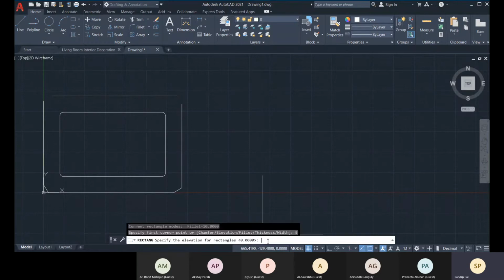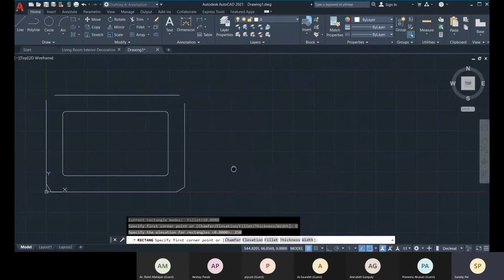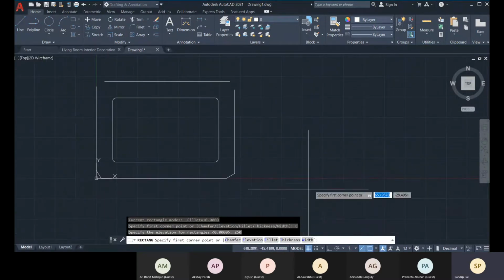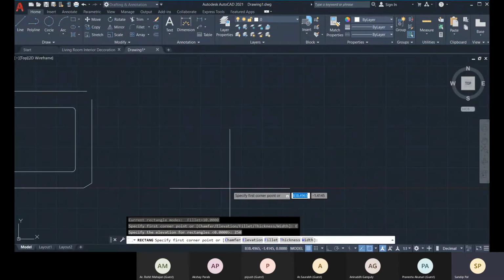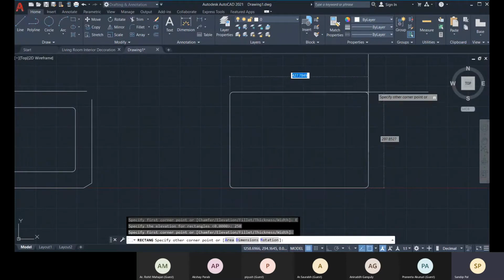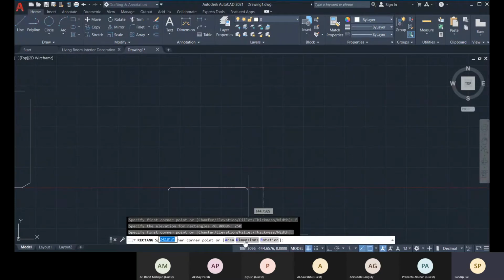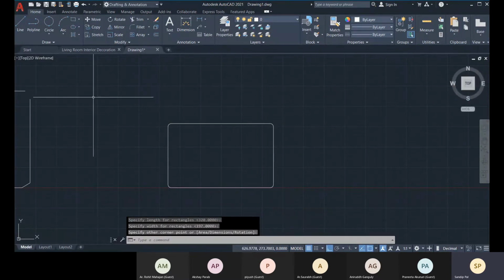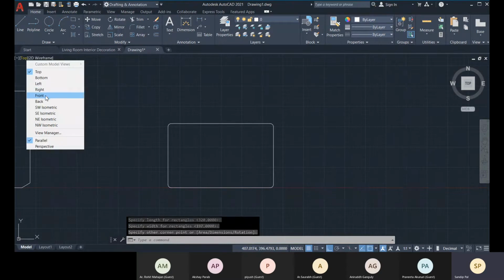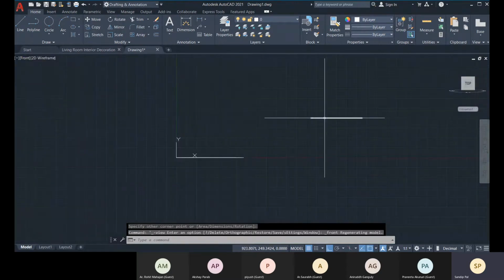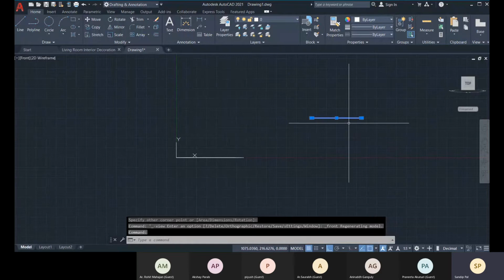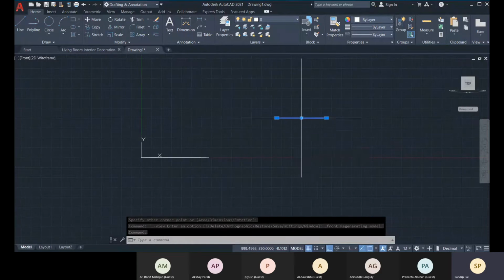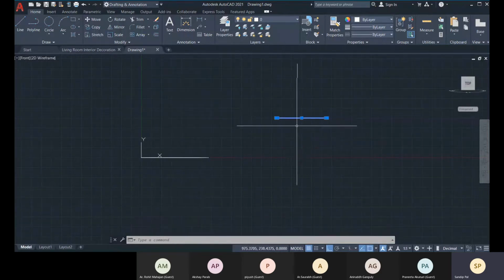So you can give an elevation height like 250, and if you place at this point, and you can define the dimension, that is 320, 197, and now you can check from the front view. Okay, it is placed at that elevation height distance.